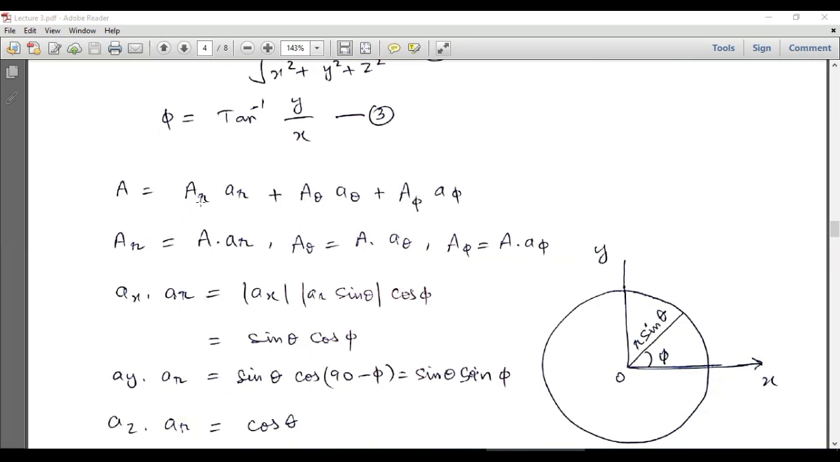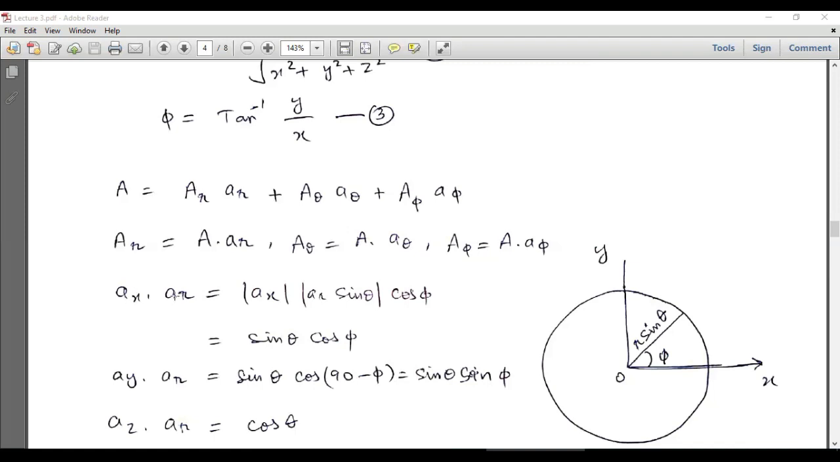And A_r will be equal to the whole A vector dot product with this unit vector a_r. Similarly, A_theta will be equal to A dot a_theta, and A_phi will be equal to A dot a_phi. And we know that A will be composed of all three Cartesian components. So we have to calculate the dot product of a_r with all three Cartesian unit vectors. So the first unit vector will be a_x. So a_x dot a_r must be calculated first, and it will be calculated by using the following principle,